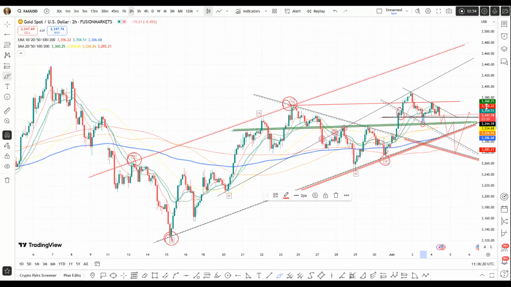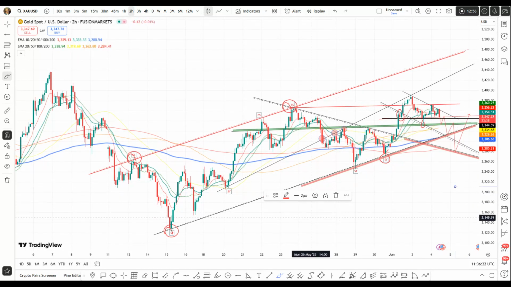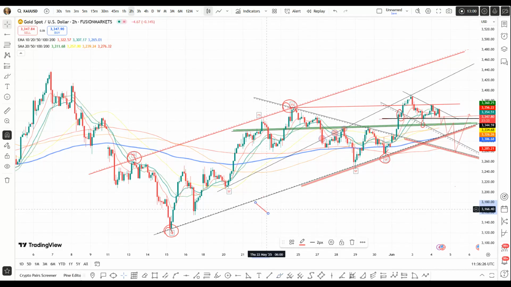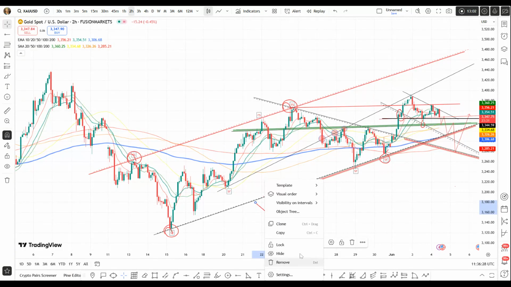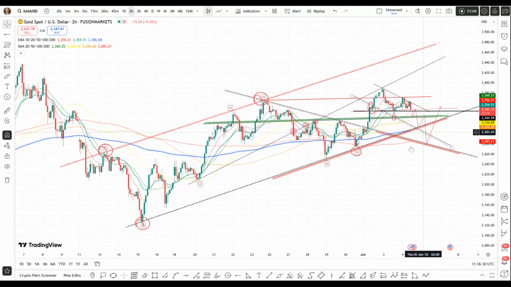Now see where it gets a little bit nice. Like I was saying before, that we had an ascending trend line. That ascending trend line, you will appreciate it on 45 minutes. Now the blue EMA, that is the 200 EMA, is pointing here